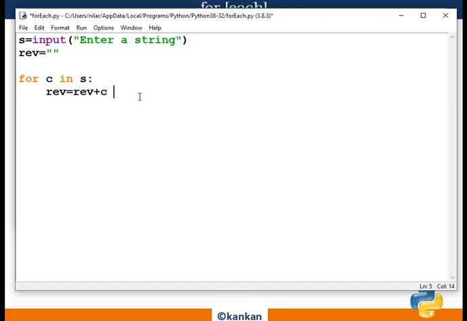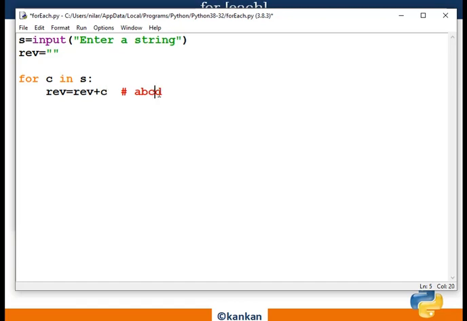Now just read this code. So what will be there? Suppose you have entered the value A, B, C, D. Now A will be contained by the C, and first it will be appended with the previous value, that is the null value, and first time it will be the value of A. Next B will be appended.